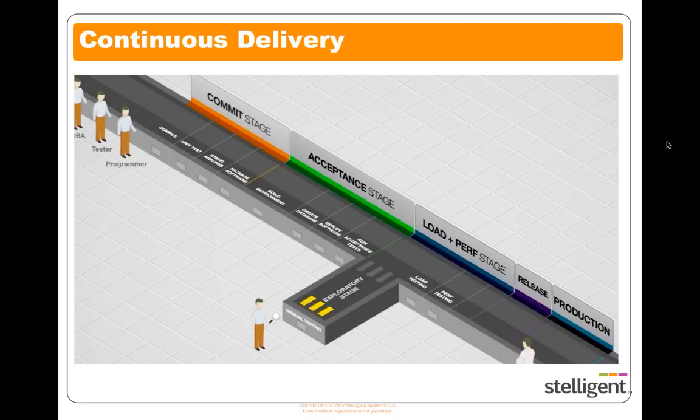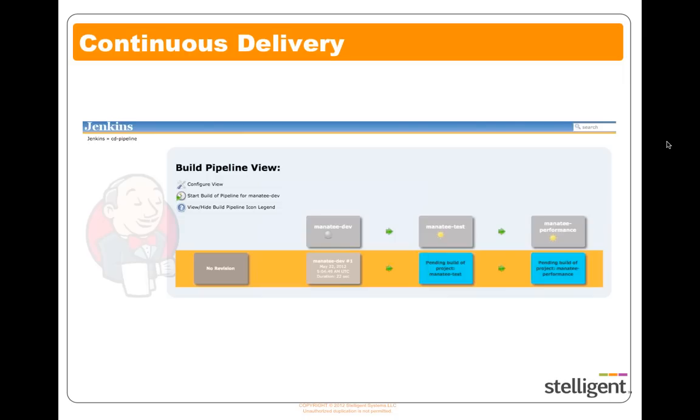So I want to start things off by giving a definition of continuous delivery. I went over this in the last webinar, but continuous delivery is the full automation of the build, deploy, test, and release processes so that software can be delivered to any environment, including production, in just one click or even automatically to specific environments. In today's webinar, I'll be describing some of the Amazon Web Services features that you can use in creating a continuous delivery platform.